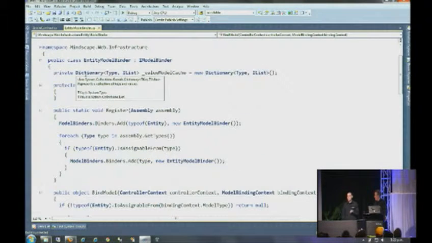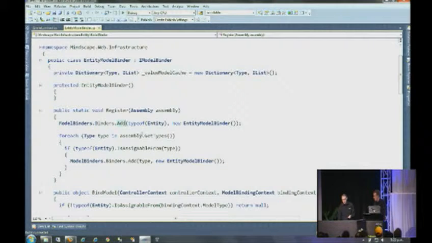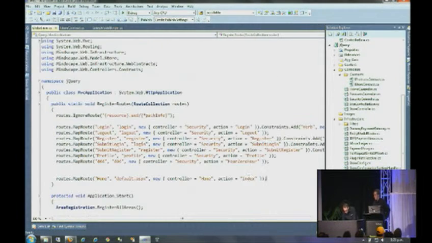To use the model binder once you've created it, we register it. We've got ModelBinders.Binders.Add, specify a type, and then say here's the instance of the model binder that we'll use. One little tidbit is that you specify it for a specific type. In our scenario with Lightspeed entities, you're going to have a domain model with more than one type you want to register this for. So I've got a little helper here. We can register it for all types in an assembly. It scans through anything that implements entity and registers it. So if we add that in,